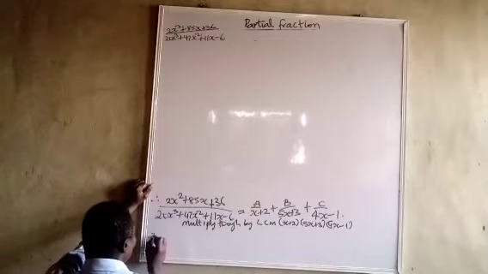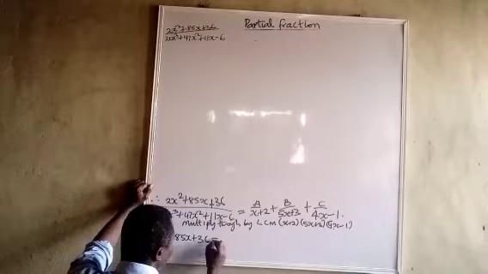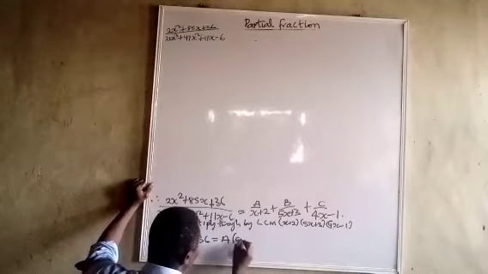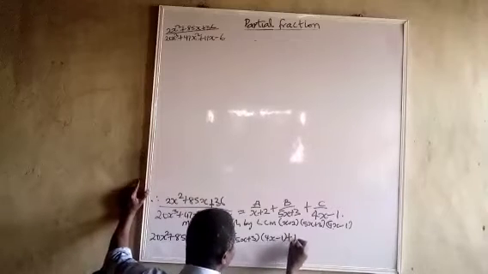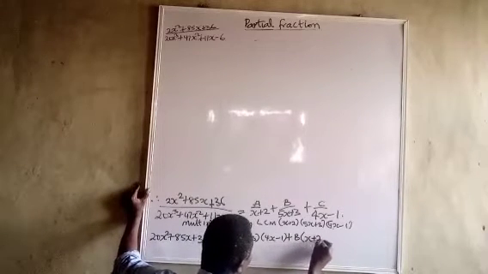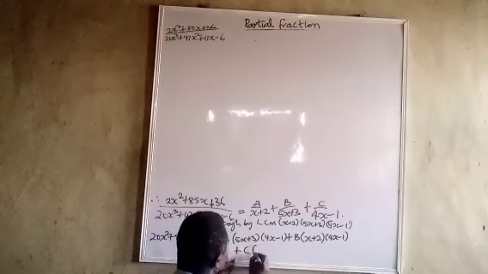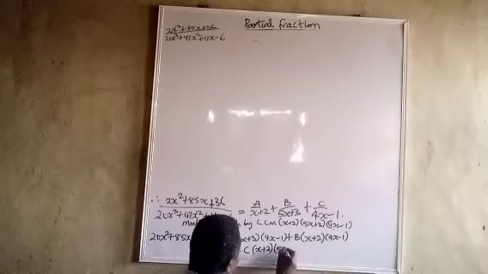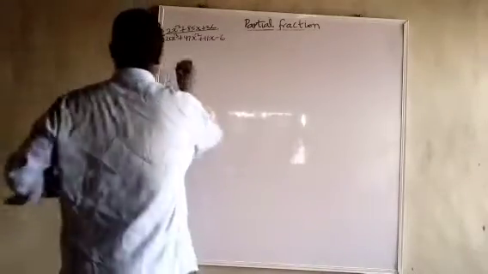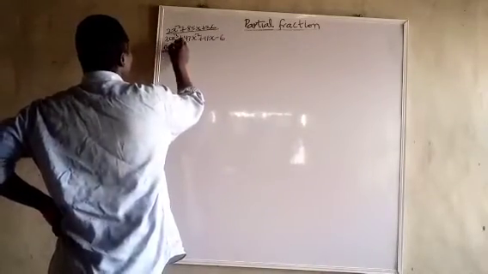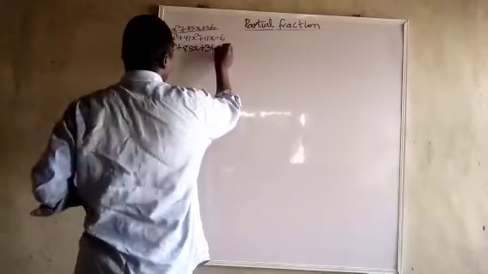So that's going to be 20x squared plus 85x plus 36 is equal to a into 5x plus 3 into 4x minus 1 plus b into x plus 2 into 4x minus 1 plus c into x plus 2 into 5x plus 3. Now let me transfer it over. So I can now say 20x squared plus 85x plus 36 is equal to,